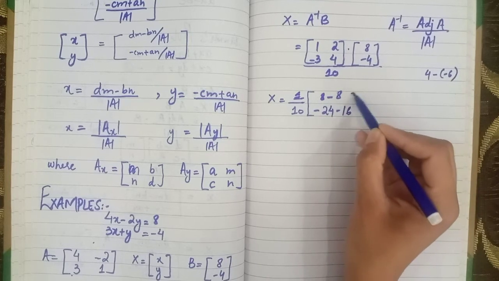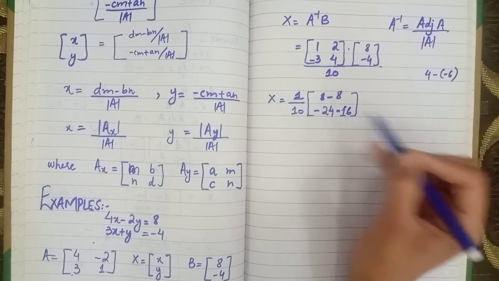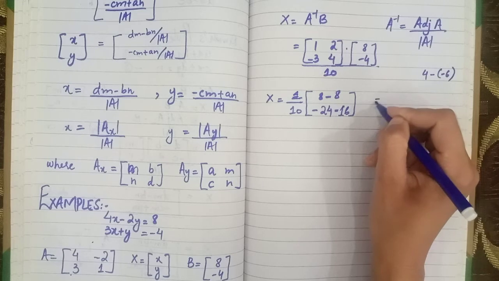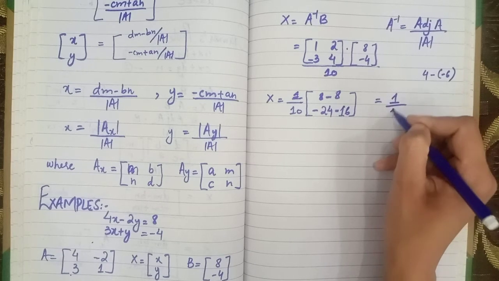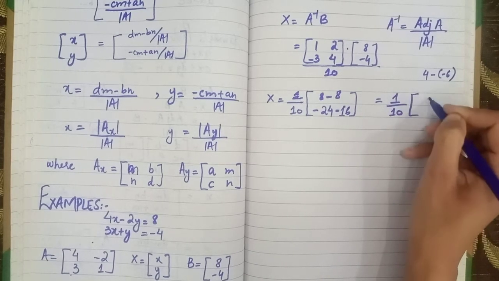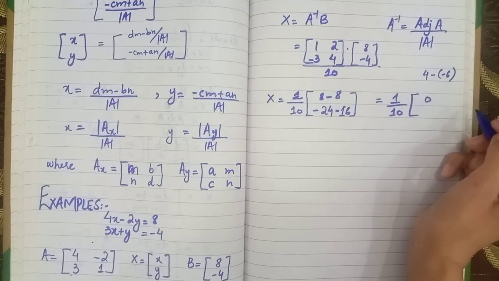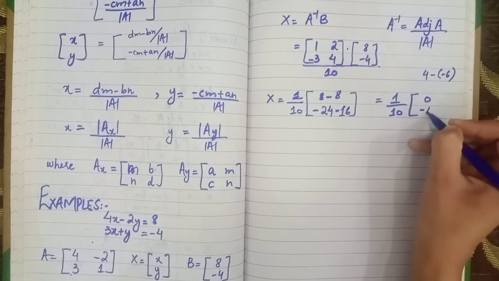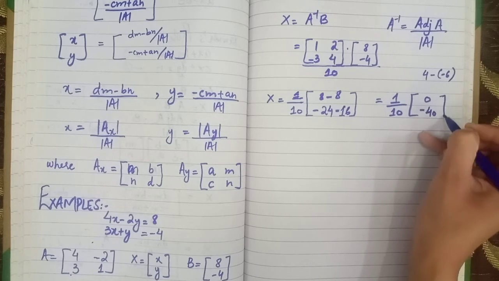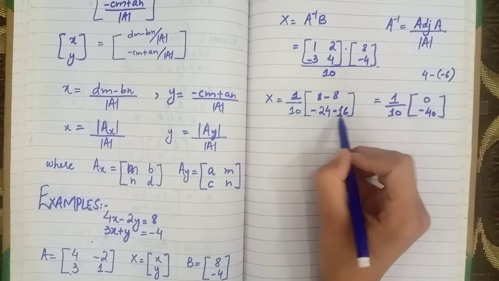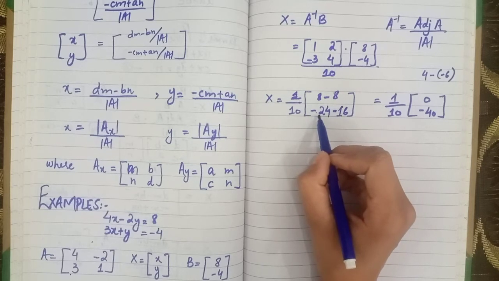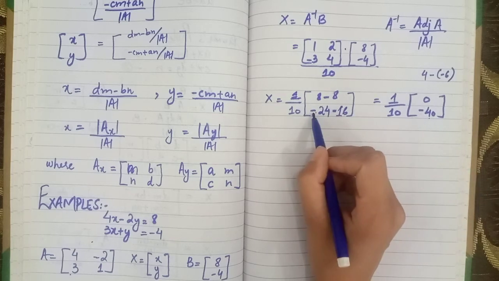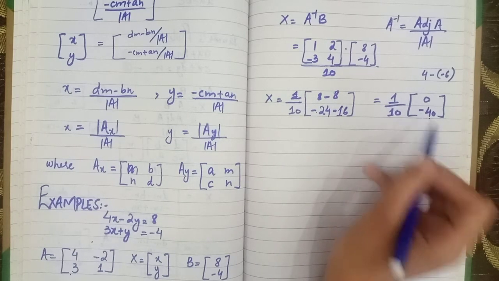If I am somewhere wrong, please correct it on your own. 1 by 10: 8 minus 8 is 0, and minus 24 minus 16 is minus 40. Because the sign of both numbers is the same, you add them up